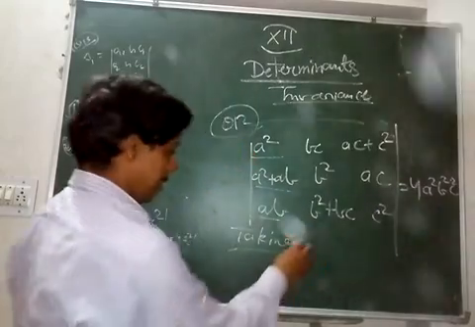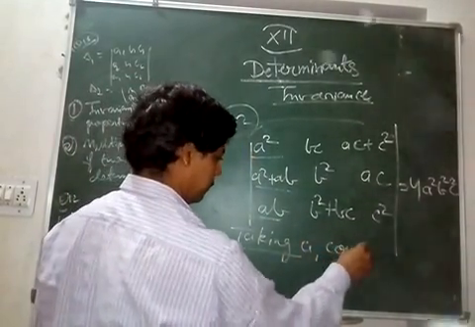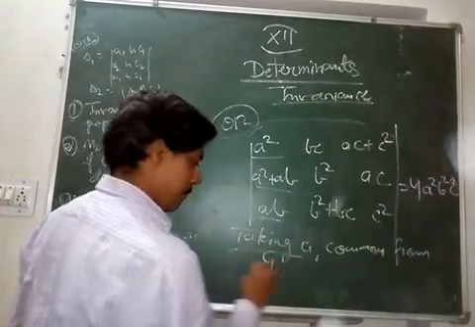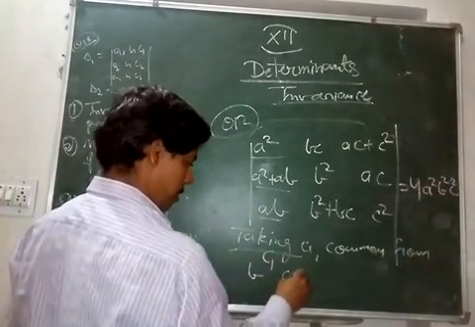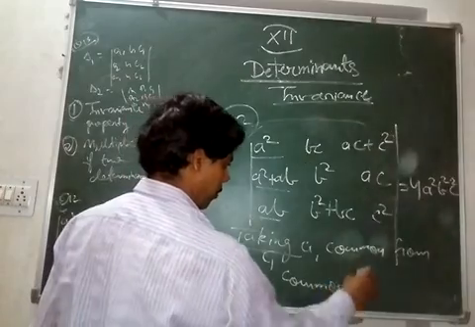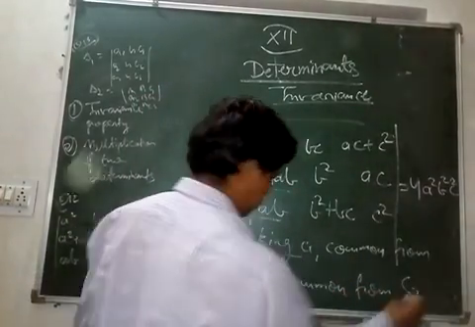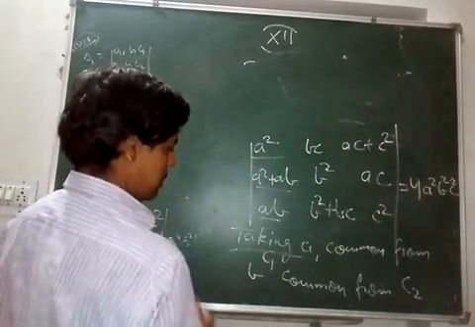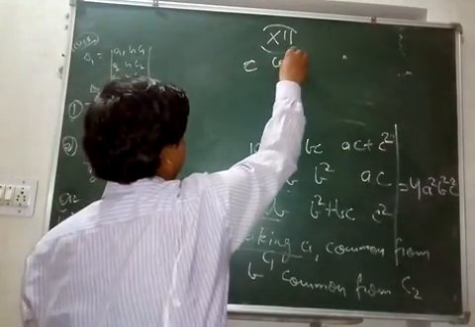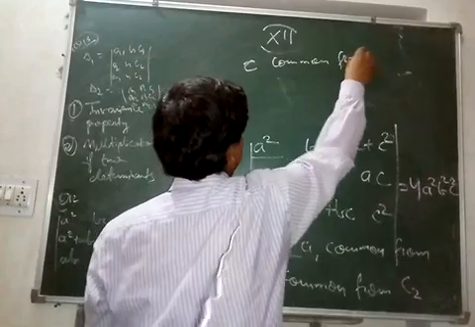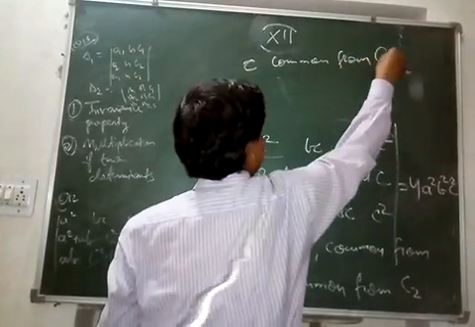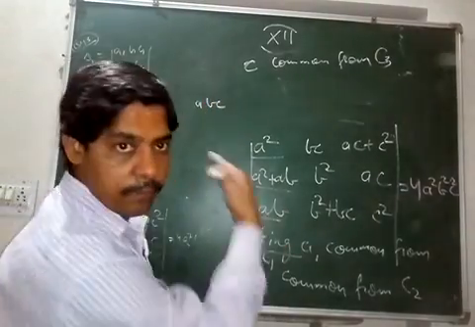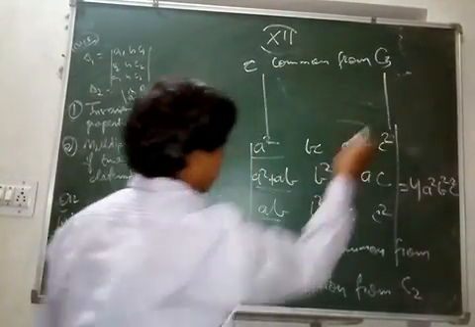So taking a common from C1, b common from C2, and c common from C3, abc will come out of the determinant, and the new determinant will be: